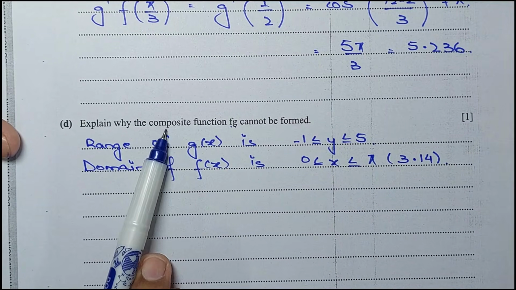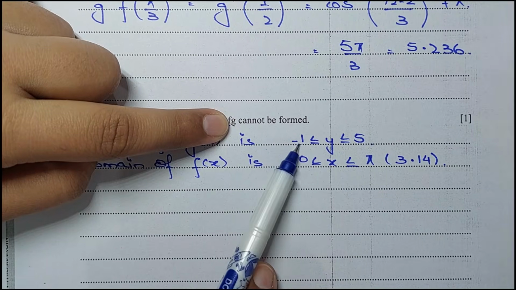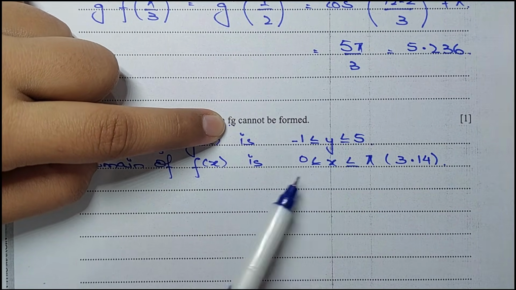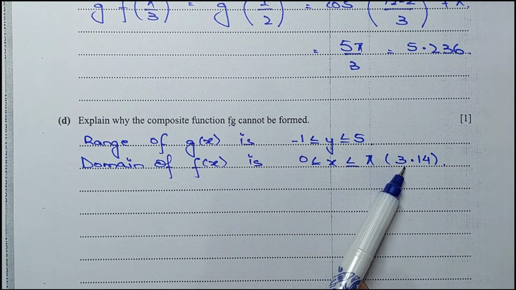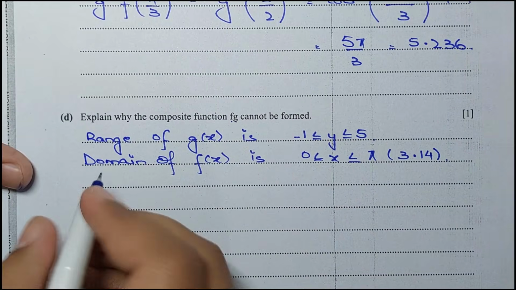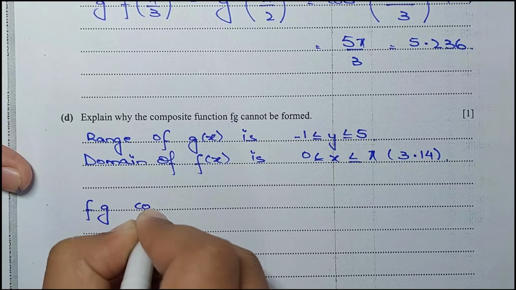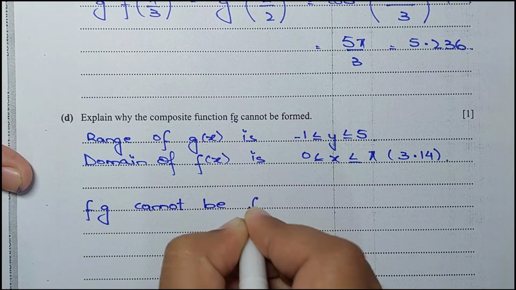So the composition of two functions is possible when the inner function's range, minus 1 to 5, lies within the domain of the outer function, from 0 to 3. The domain is just 0 to 3, but the range is from minus 1 to 5, so it does not lie within. We can say f of g cannot be formed